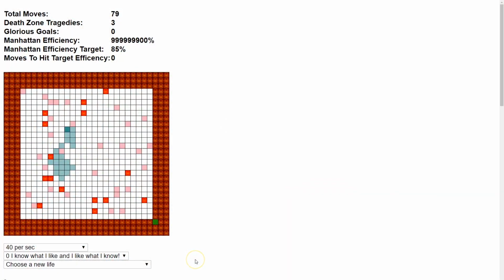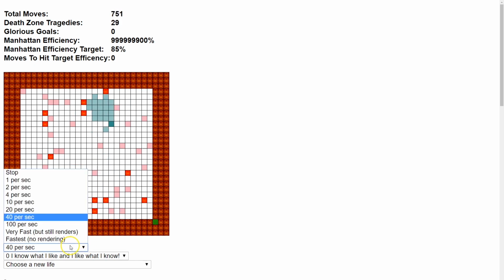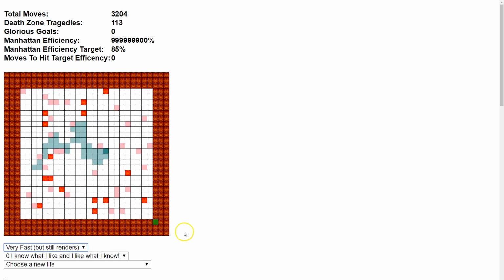Let's have a look now at how that simple strategy can work with our agent in a 30 by 30 grid. Our agent stumbles around, bruising his shins in the pain zones and becoming aware of his own mortality in the death zones. Gradually, the amount of distance he covers in between deaths increases. And as I'm going to increase the speed quite a bit, and we can still follow him on the screen, he scores more and more goals, and the amount of the grid that he understands well gets bigger and bigger.